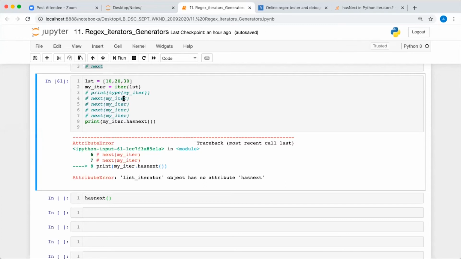No. This iter object will be pointing to 10, and when you print next of my_iter, it will be printing 10. And then next time when you do it, it will be accessing one by one. See, this iter object is not, okay, sorry, my mistake. The iter object is not pointing to 10. The iter function returns one iterator object on this list. To fetch the first element, you have to call this next method. Okay. Yeah. Okay, Abhishek.